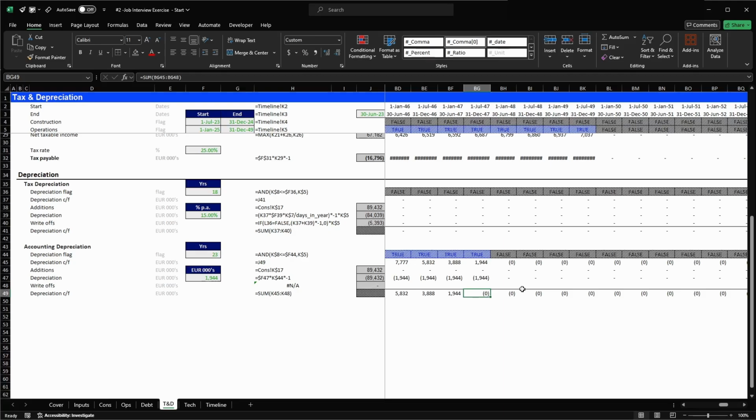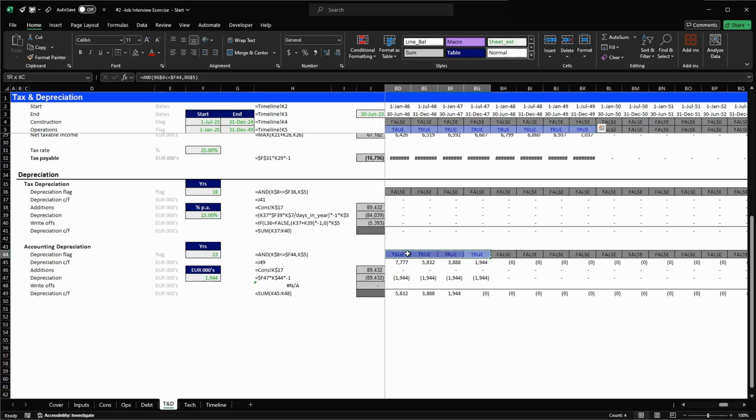The question now is: is it true for every single scenario? Or in other words, would there be a case in which the straight line depreciation would not leave us with a 0 balance at the end of the depreciation years? Think for a while. Is there one? Yes, there is, right? It will be when your operation lifetime is less than that of the depreciation straight line. Right now we have 25 years as operation lifetime, as we can see over here,